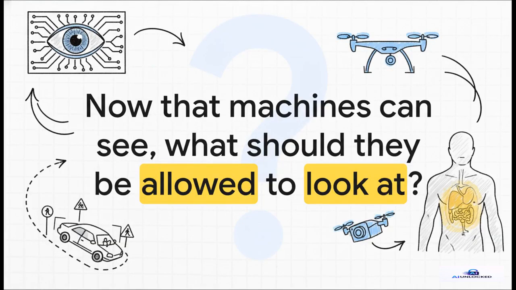So we've done it. We've unlocked the ability for machines to see and interpret our world with incredible speed and accuracy. From spotting diseases to driving our cars, the potential is just immense. But this leaves us with a huge and very important question to think about. Now that our machines can see, what